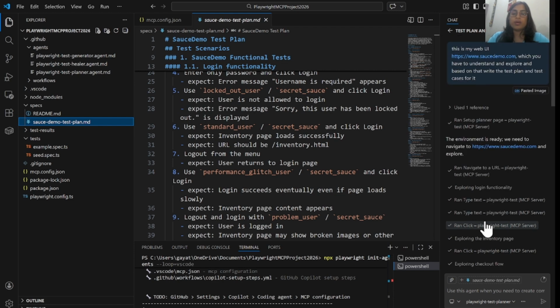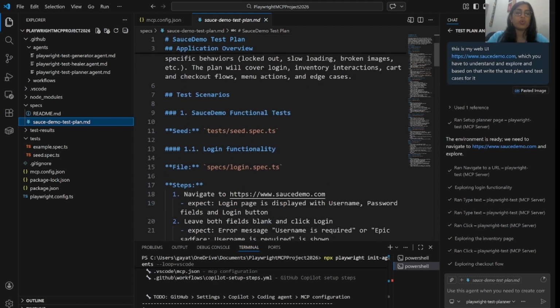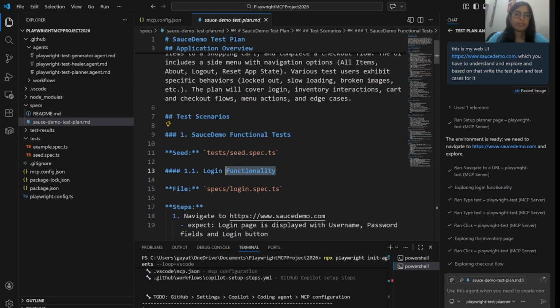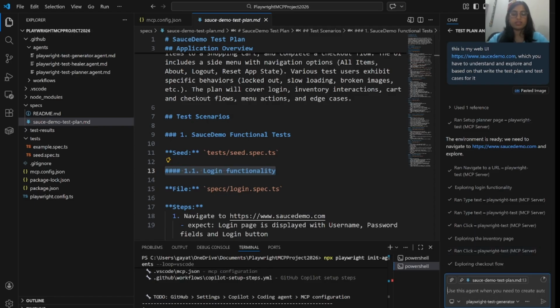Now we want code generation for it. So for code generation you can ask the generator to write code for login functionality.